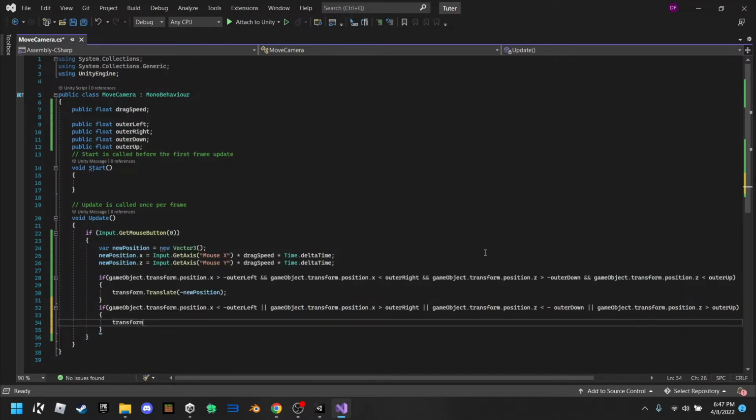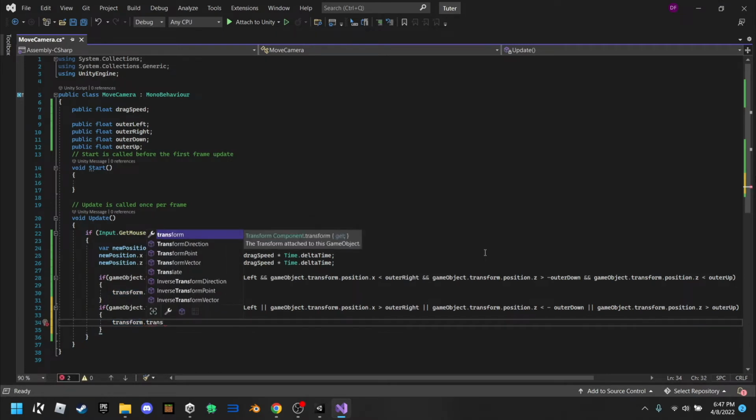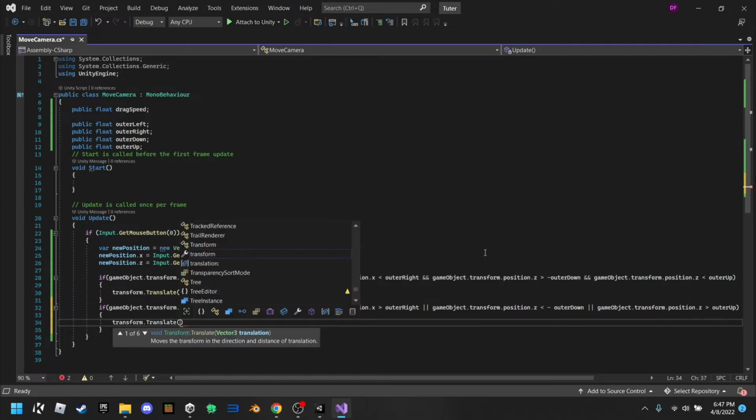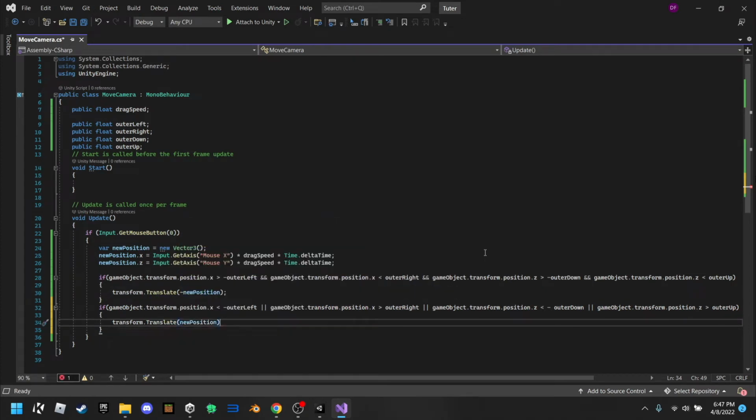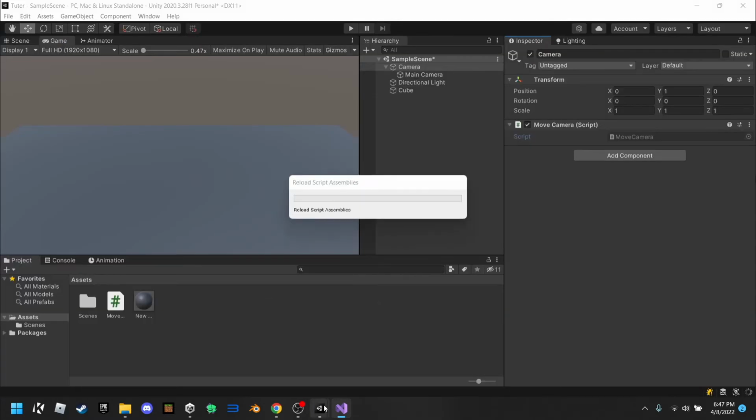So if it gets outside, you want to do transform.Translate, and then you want to do the opposite. So instead of negative newPosition, what you want is newPosition. So that if you get outside, then it'll move in the opposite direction you're trying to move, pushing it back inside. So now if we go back into Unity,